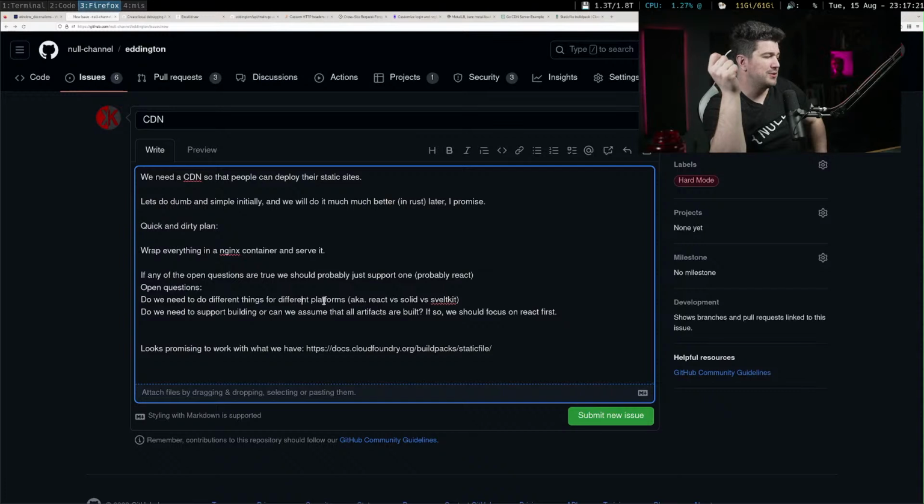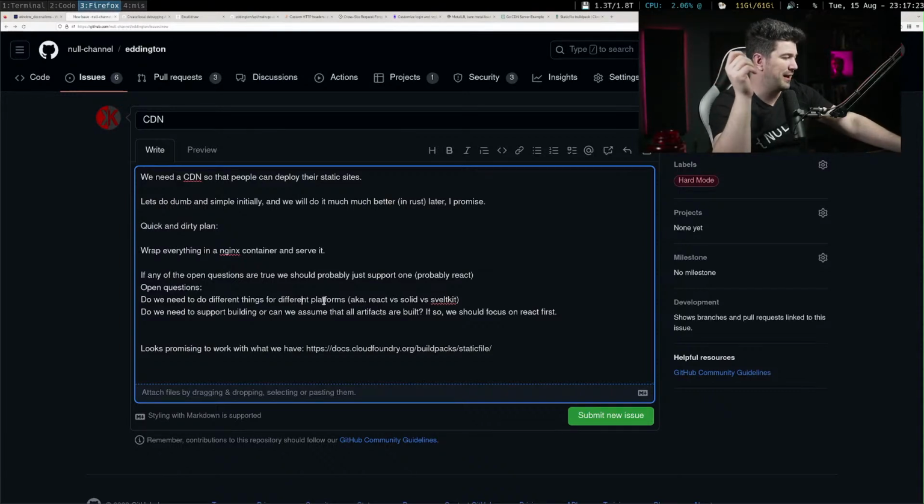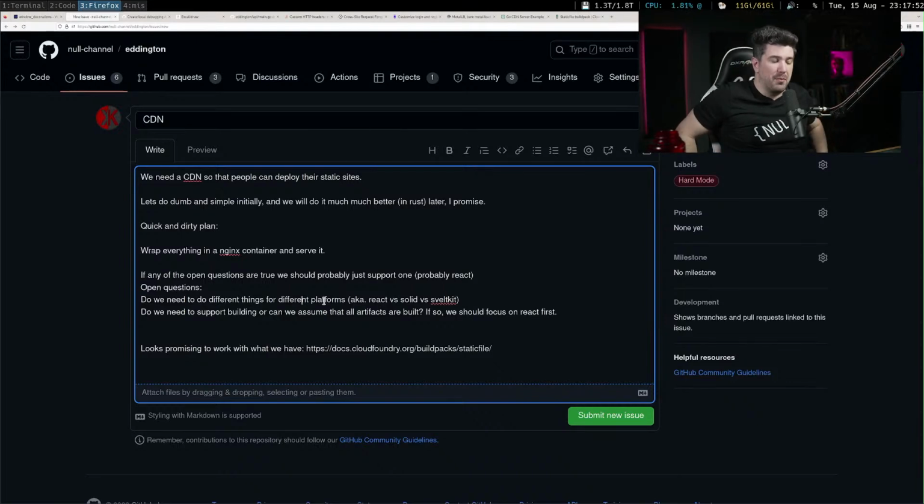Is it bad to push it even to a separate branch? That's what GitHub Pages makes you do. GitHub Pages makes you push to a separate branch.